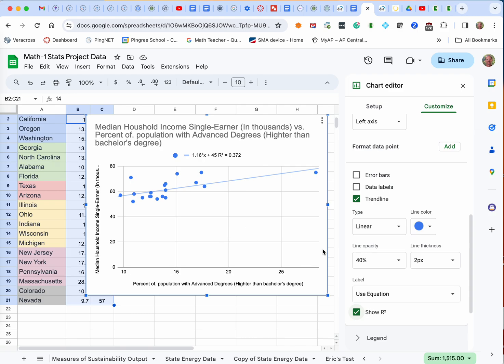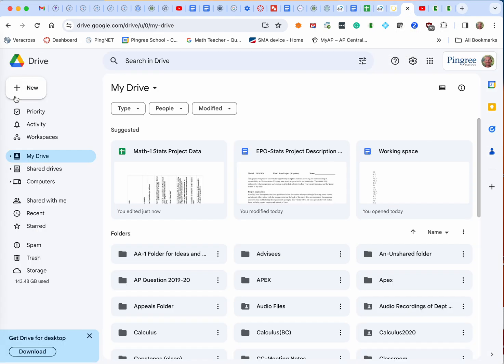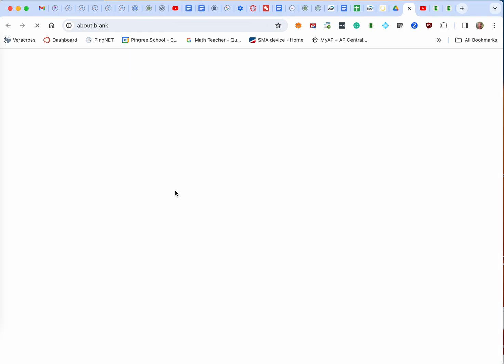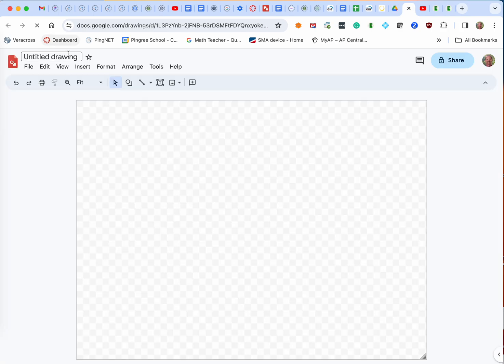Okay, so once I get a chart that I'm happy with, then probably I will just take a screenshot of it. So I'm just doing that now. And there's all sorts of ways that you can customize this and tailor it and use different colors and things like that. I'll leave that to another video. But once I've taken a screenshot and I want to start my project, I'm going to go up under my new, and I'm going to do a new Google drawing to start my project,